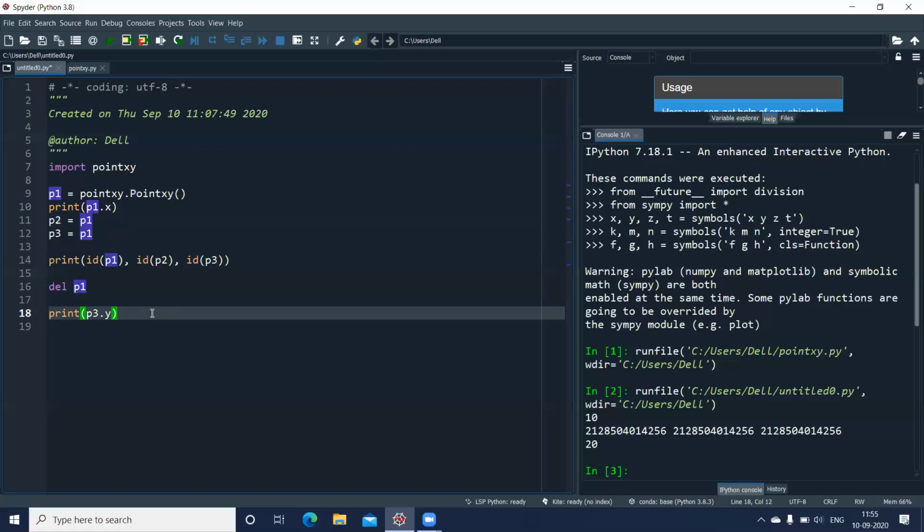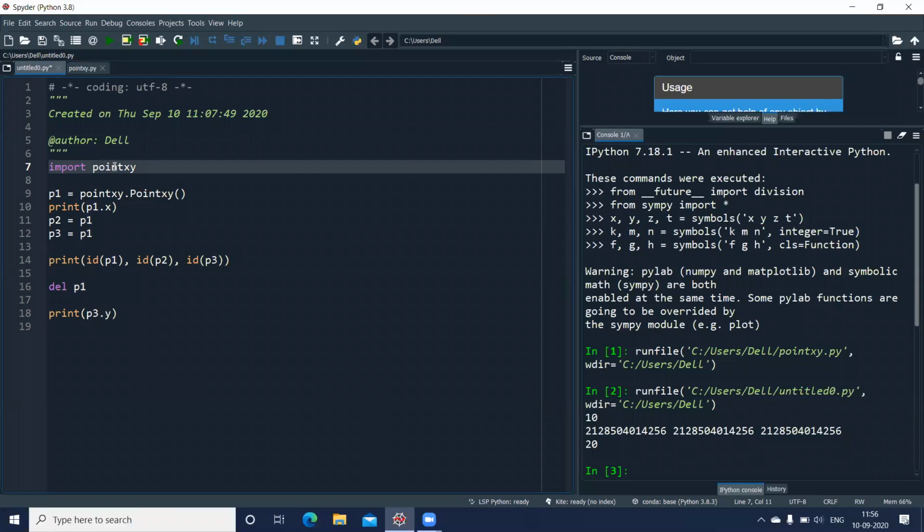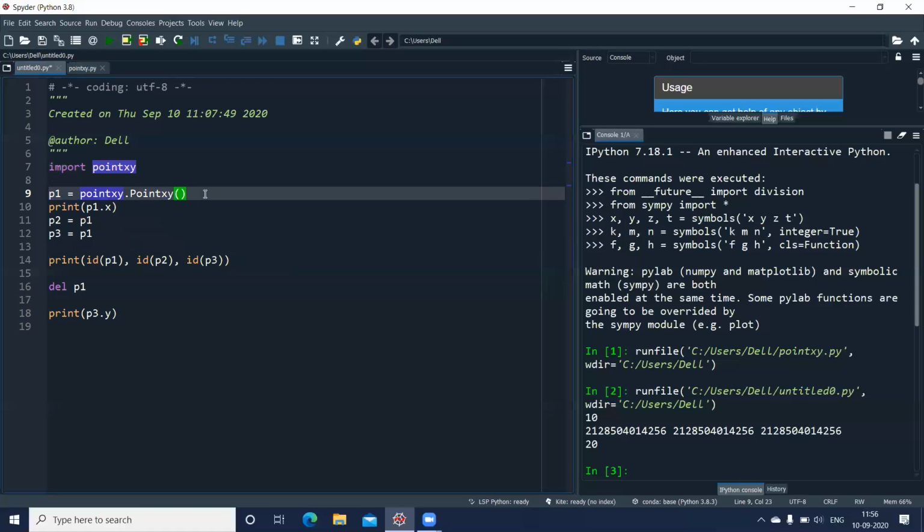Okay, so please remember, whenever you have programs related to classes, keep the code of the class in a different file and the main code in a separate file. Okay, and you can import the class. So what happens is, whenever I need this code, I might need it in different files. So I can easily import that particular module, the Python file, using the import keyword, and start using that class to create the object and access the methods which are there in the class. I hope this is clear.